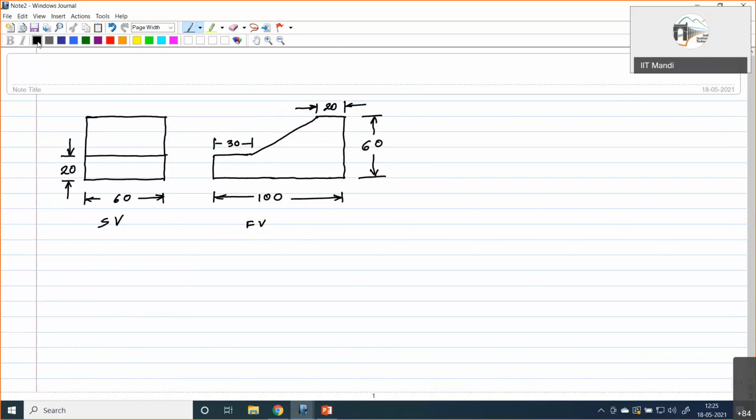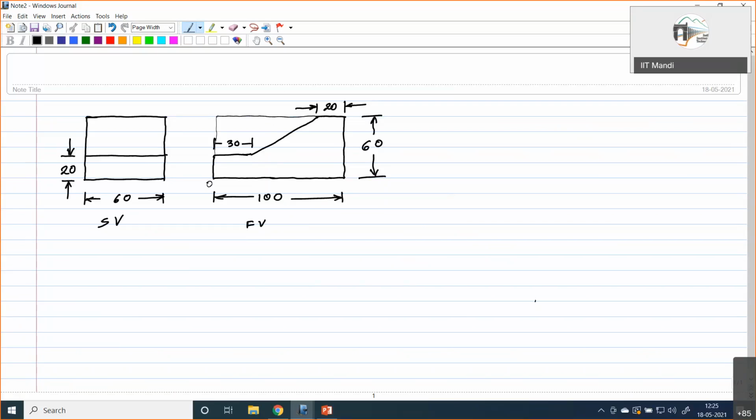So again, I'll make it in a rectangle form. So this thing then will become our front rectangle, and then for side view we'll have this square. Again say if I mark this as O, this will be our central point.